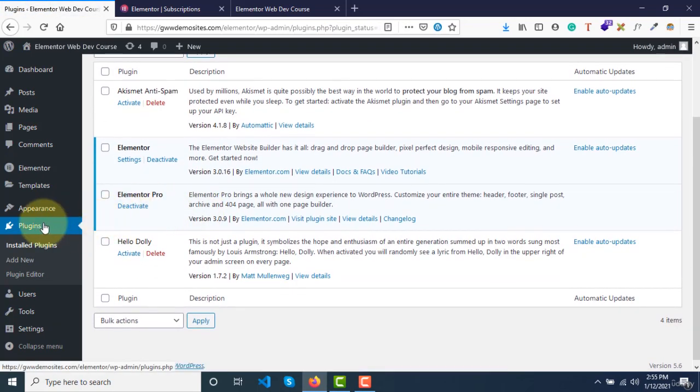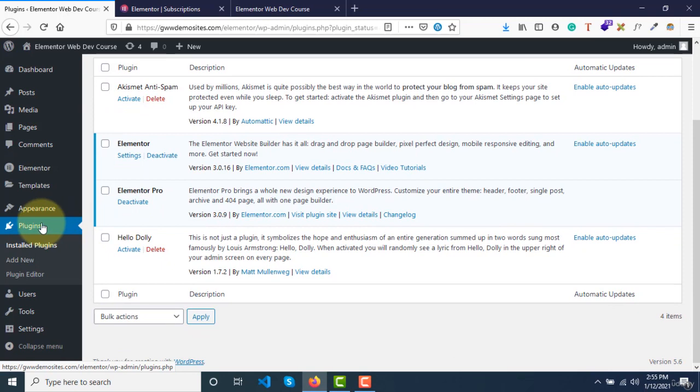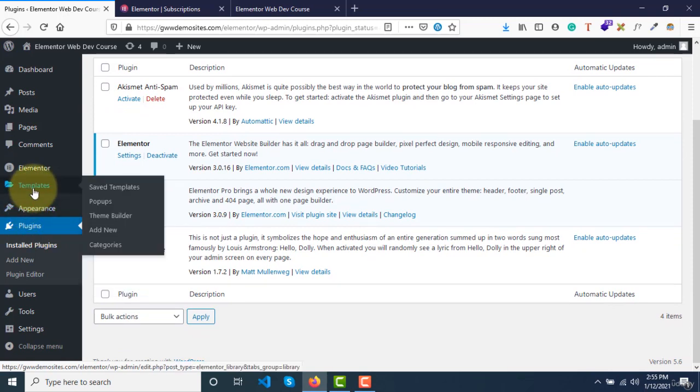Now if you look on the left hand side, you will see new options. Under templates you will have new options called pop-ups and theme builder. These two are really amazing features that you'll definitely love. So let's see what comes under theme builder.